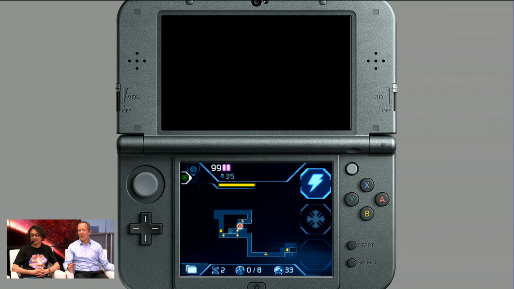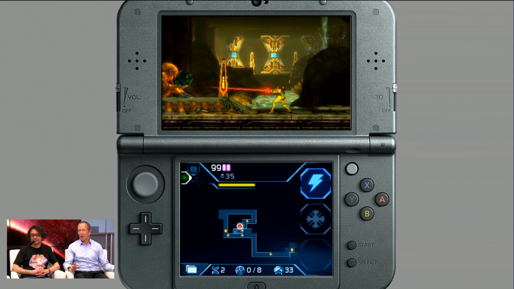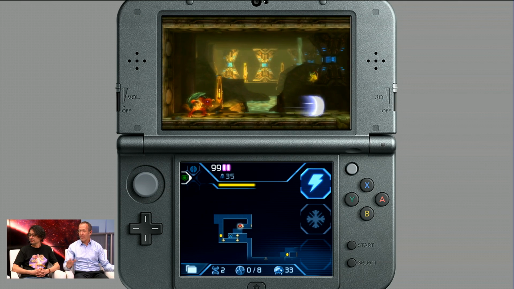So yeah, I mean I do think that with this title, of course, with Samus, the glasses-free 3D, the 3D effects are put to great use. It really does help build the world that we're exploring. But I'd like to go ahead and ask Jose to talk a little bit about some of the more technical